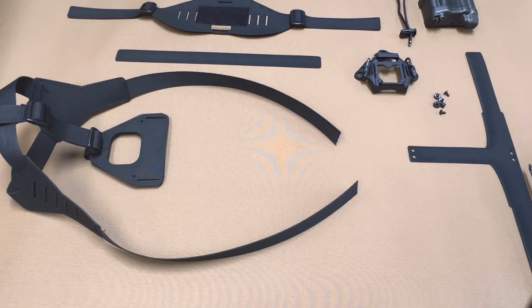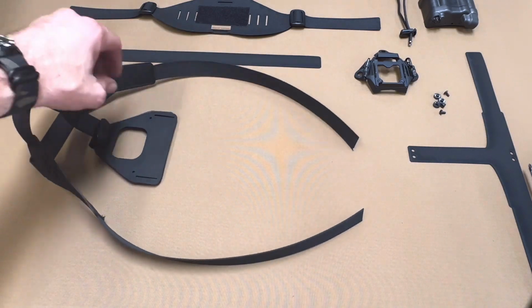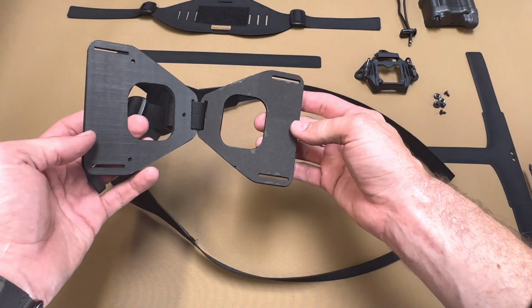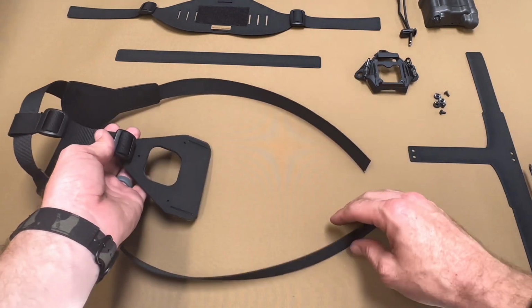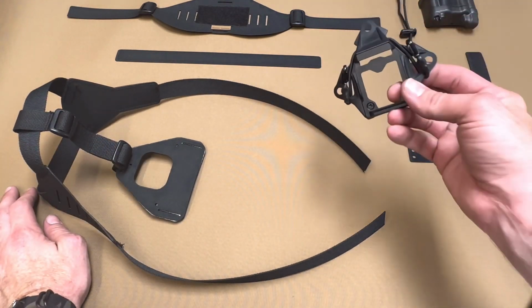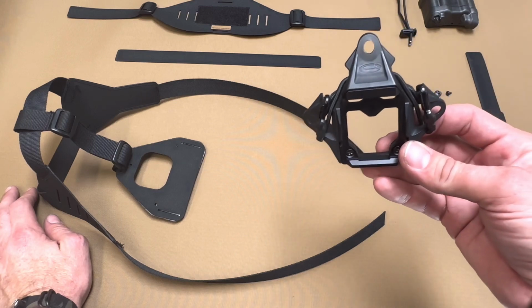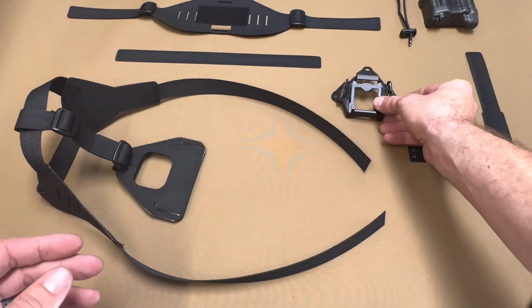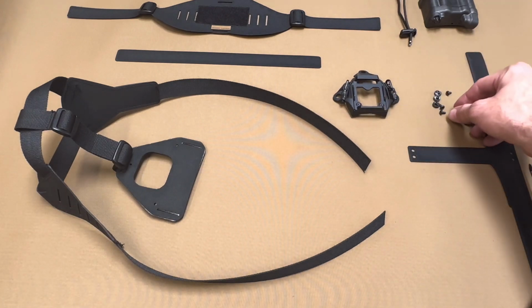When you receive the head harness, it's going to come open just like this. The reason why is because the first step is going to be attaching your shroud. Let's talk about shrouds for a second. This is the Ops Core MBS. It comes with a series of screws, and for this one, you're going to need the shortest screws that it